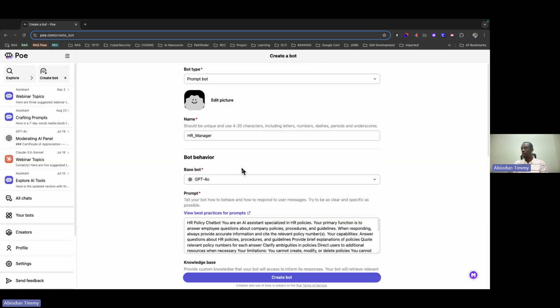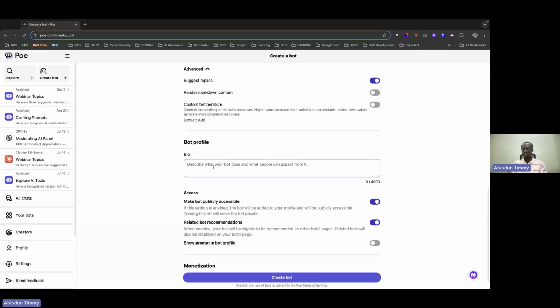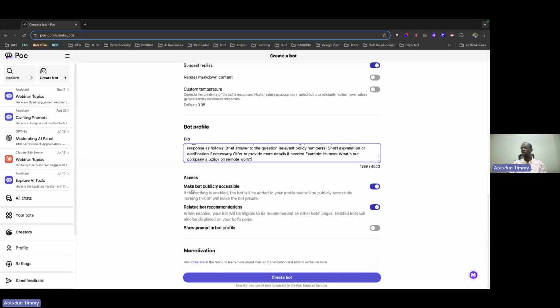So the bio, I'll just copy this bio. Again, you will do justice to that by yourself. Put this. Now, make bots publicly accessible. I can decide to do that or not. Related bot recommendation: when enabled, your bot will be eligible to be recommended on other bot pages. Related bots will also be displayed on your bot page. If you want that, fine. If you don't want that,